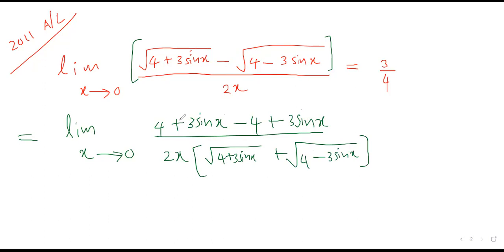Now you can simplify these two, cancel. 3 sin x plus 3 sin x, 6 sin x, right? 6 is here. Now you can take this 2 also out. Then sin x